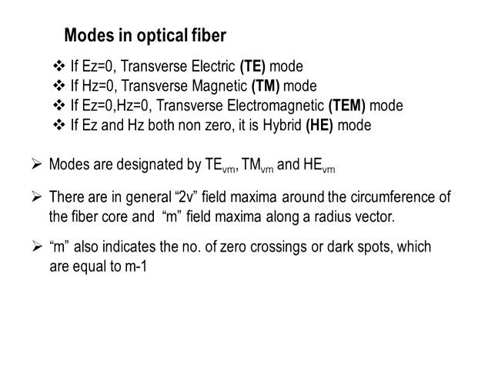Here M also indicates the number of zero crossings or dark rings around the axis of the fiber, which is equal to M minus 1. So if I put M equal to 3, there will be 2 dark rings. M equal to 1, there is no dark ring. So this is the significance of V and M. Depending on these two values, we can find the field pattern inside optical fiber.